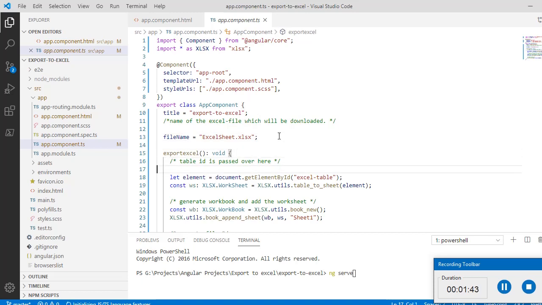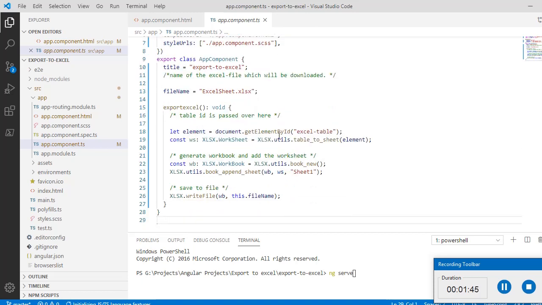After that, I have written a method where I am getting this table, basically this element from HTML. So I can give this element to any div ID or table, and that will generate an XLS sheet file, and I can download that.